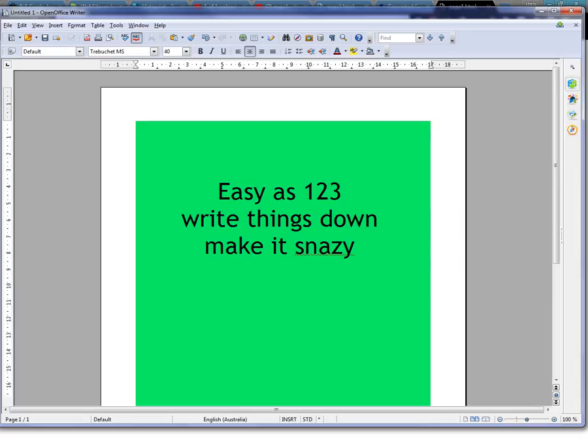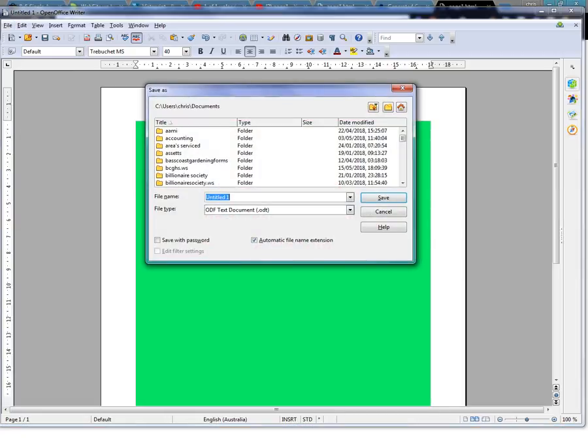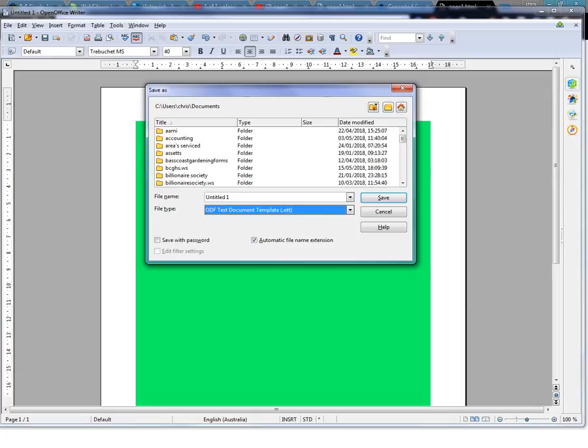Say you wanted to upload a document. Well, what you do is you upload, like I show you here, you save here. Now, as you can see, you can have that as a template. So the template is that one. So when they download the template,